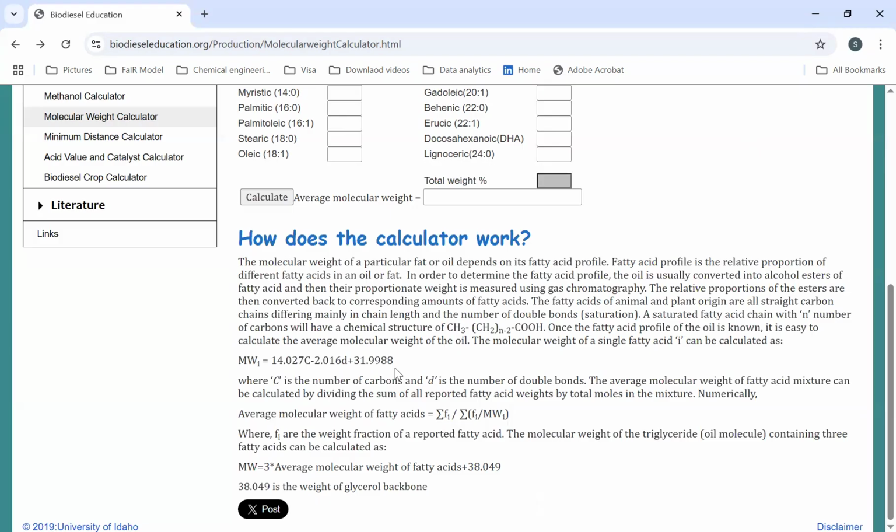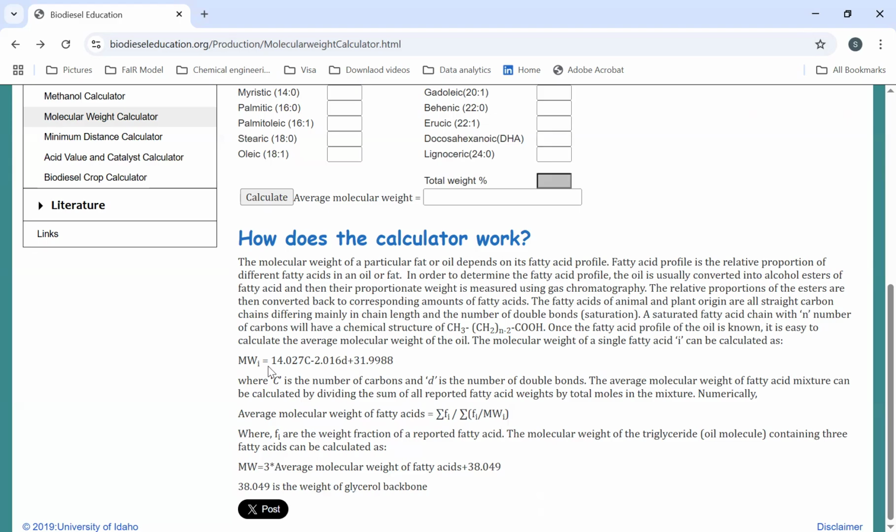And then you can calculate the average molecular weight of fatty acids in your mixture, because any fats or any vegetable oil, for example, or animal oils like fish oil, for example, you need to calculate the average molecular weight of fatty acids included in this fat, in this lipid. The first thing is to know how to calculate the molecular weight of each